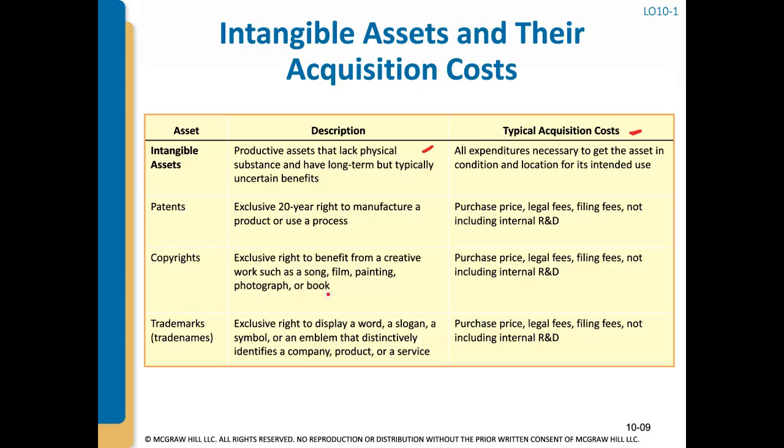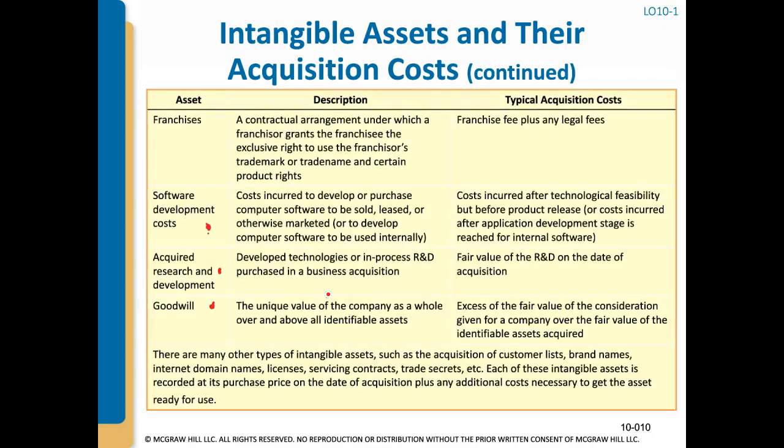Here we have just a couple of slides summarizing the intangible assets, naming the asset, describing what it is, and the typical cost that we use to capitalize, and also making sure that we know that internal research and development costs are not capitalized. There's a separate video all about research and development, or R&D costs. So if you want to just take a picture or refer to these slides, feel free. I think they're really useful because it's a lot of information to grasp for each one of these items.